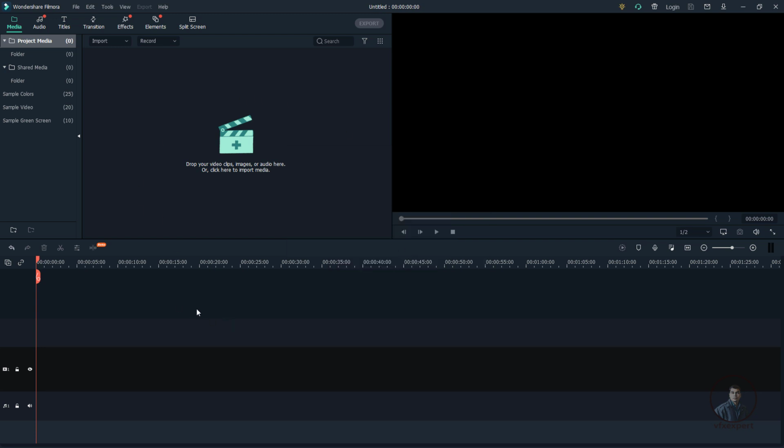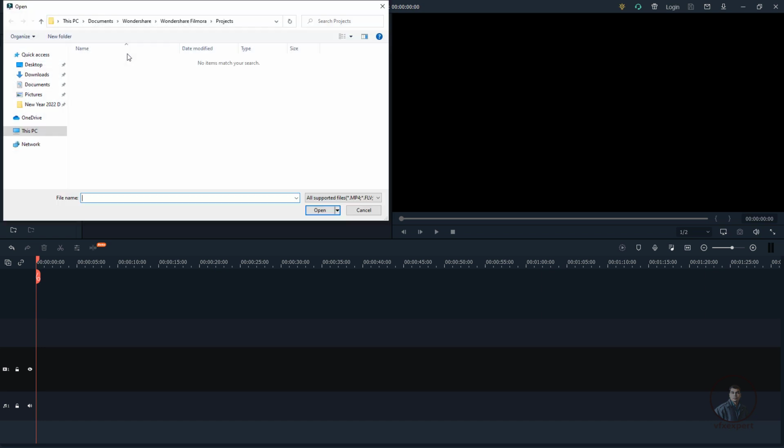Then after this we have to import our media files, maybe audio, video, images, all these files. Here in our media library, you will get this Project Media, then you will get this default folder. If you want to import any media file inside this folder, you can select this folder, then click on this plus icon. You can also click on import media files here. Then simply select your media from your computer or from your folder.